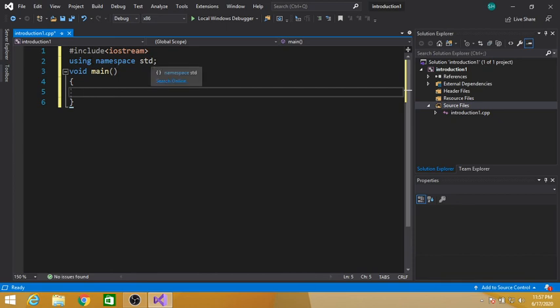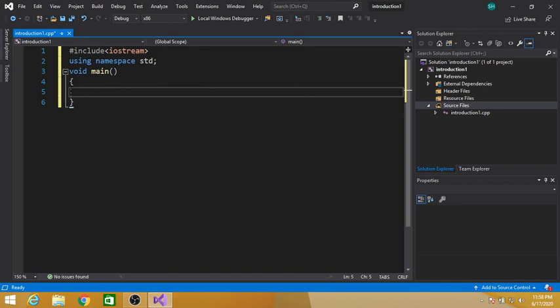For example, cin is used for input. The compiler will see that we have not declared cin or cout anywhere in our program. Then the compiler will check in the standard std namespace and compile their code from there.